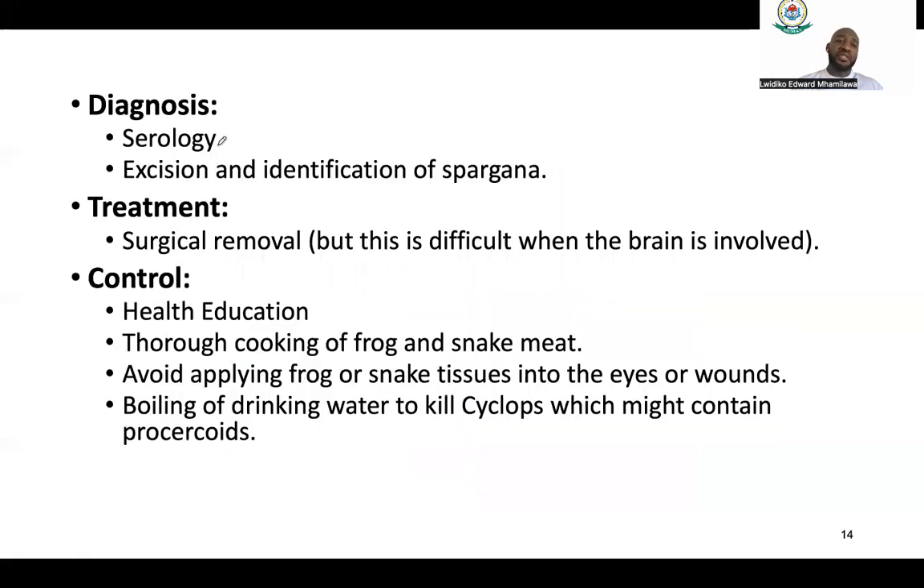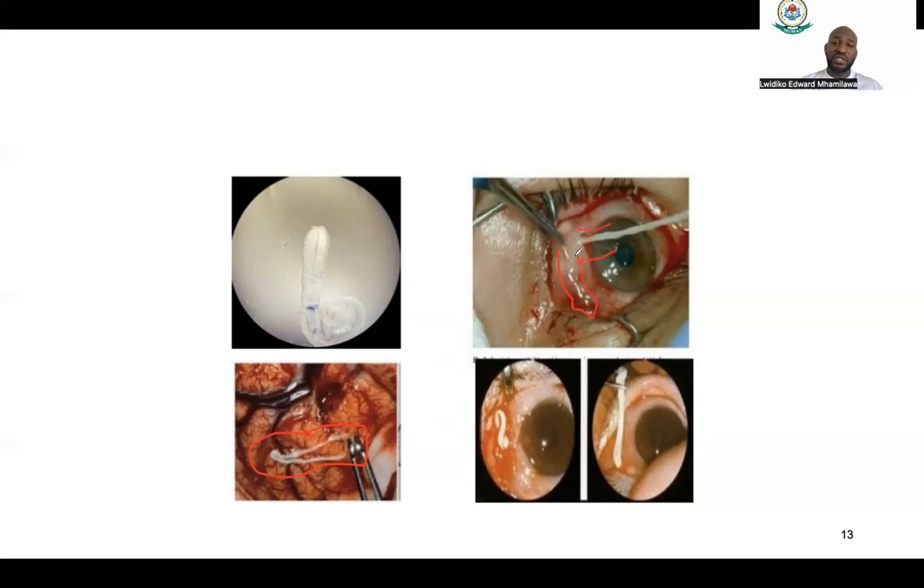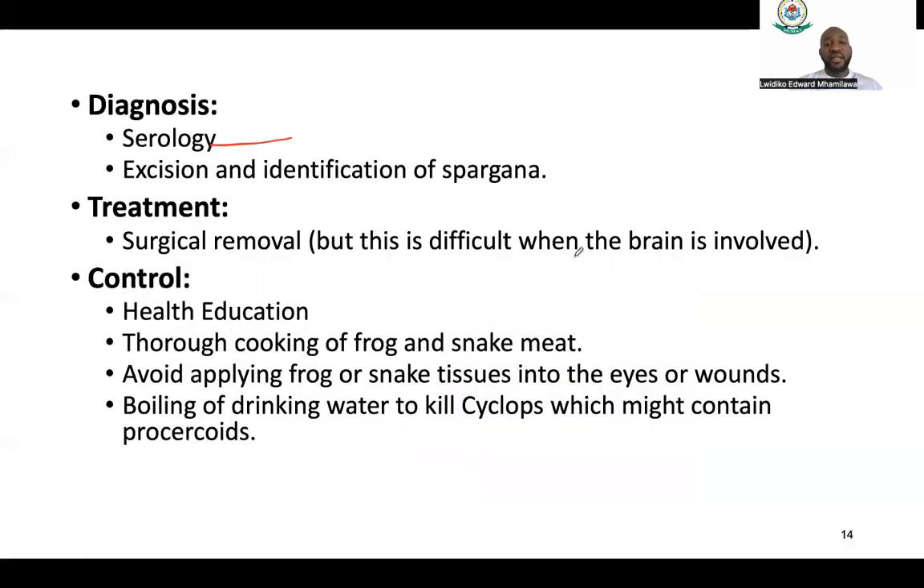So how do we diagnose this? You could have some serological testing, or you could do excision, as we've seen in the previous image. These are excisions to identify the spargana, and surgical removal gives the best result when you want to remove it. But when it's involving the brain, it is usually very difficult